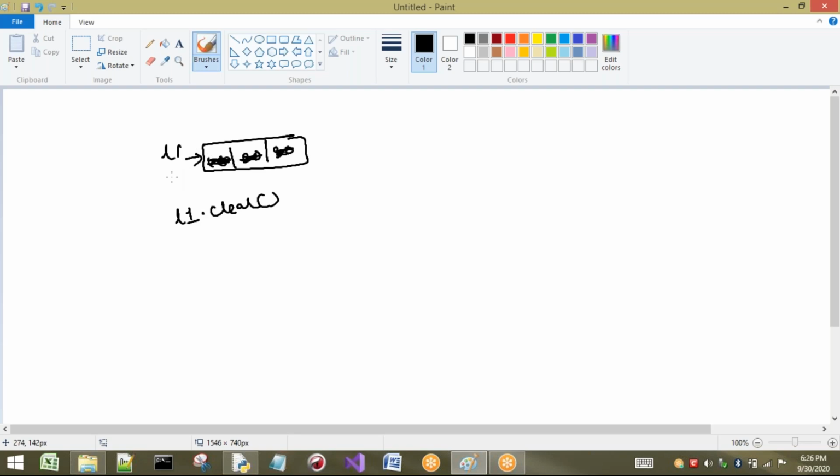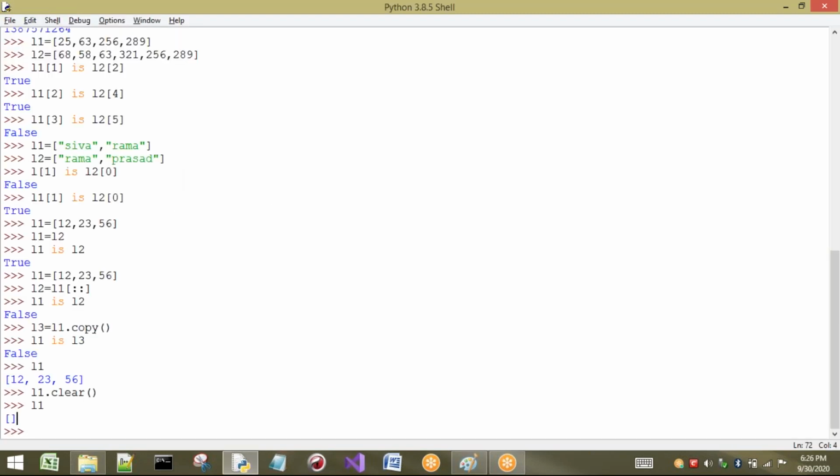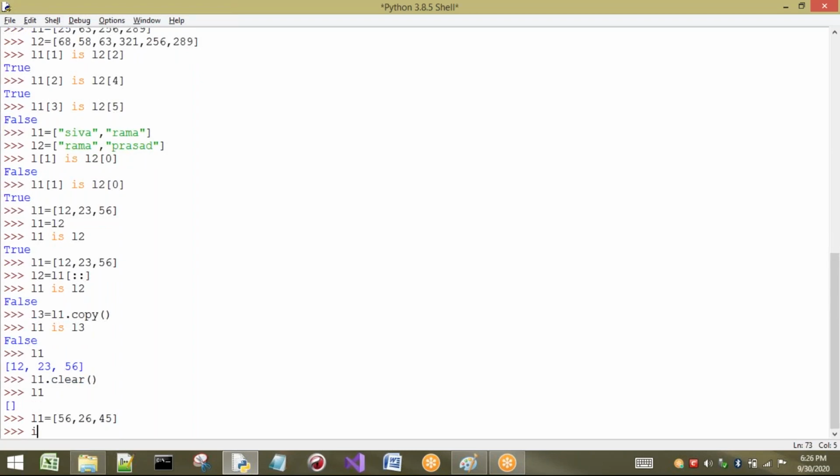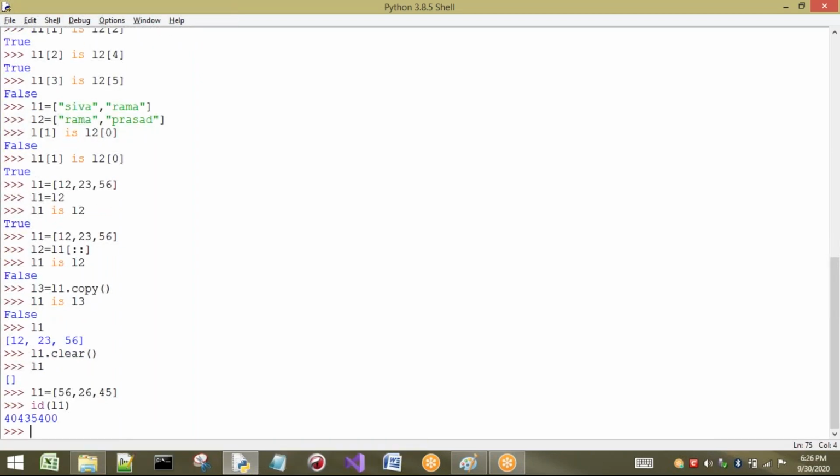Let me show you. First, I will create one more list here. I want to see the address of this one, the ID of L1. See, some address is printed here. Now I apply clear. Clear is not going to return any value, that means it returns None.